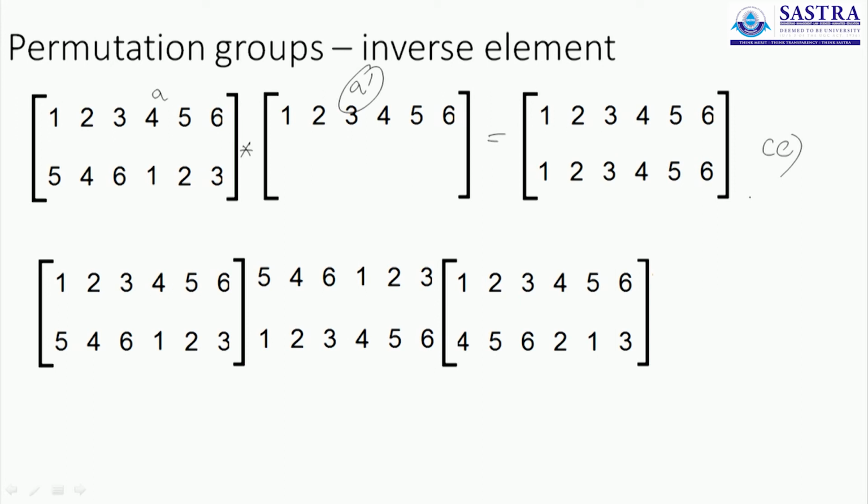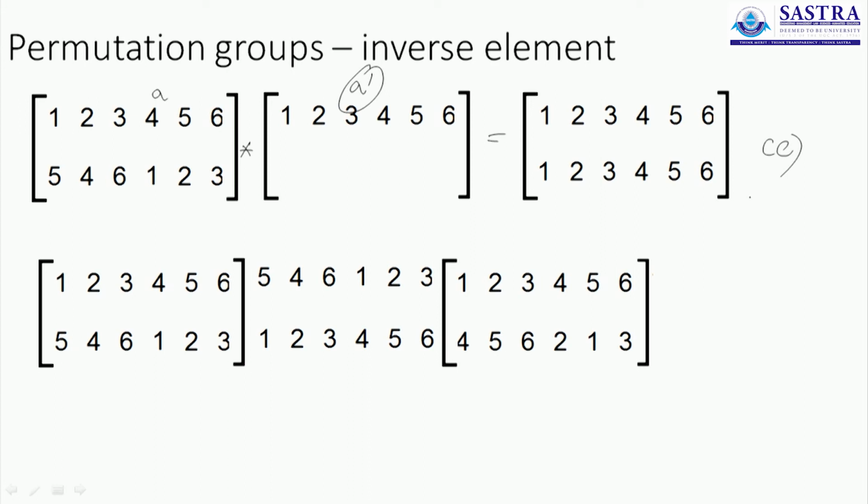So if the operation were addition or multiplication, you know how to find the inverse. It was very easy. But this operation on the group of permutations is not as simple as addition or multiplication. So we have to be a little careful while we are doing these operations.